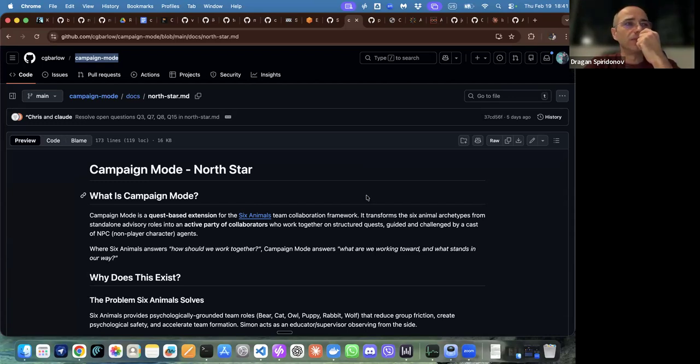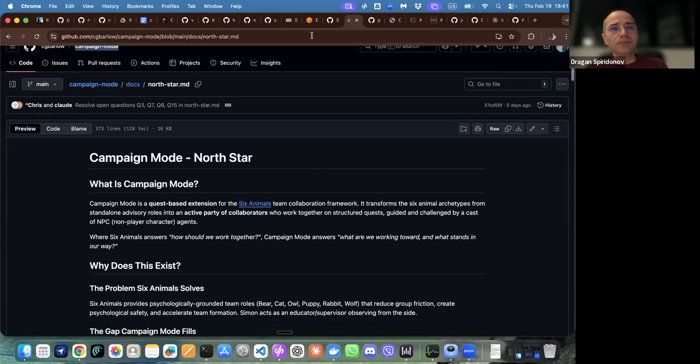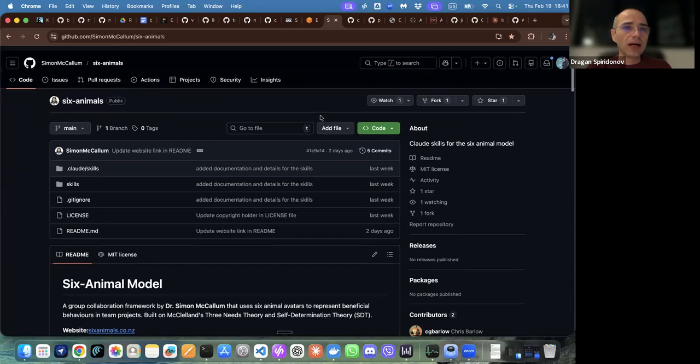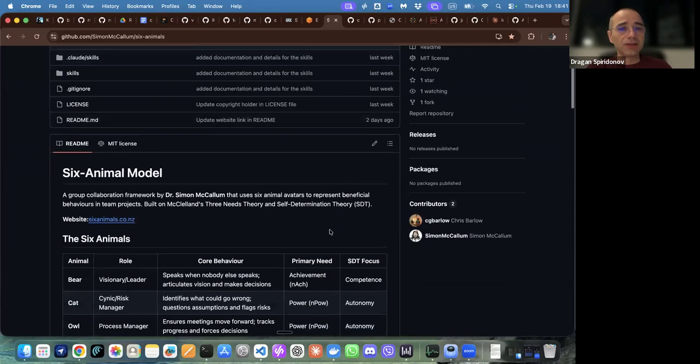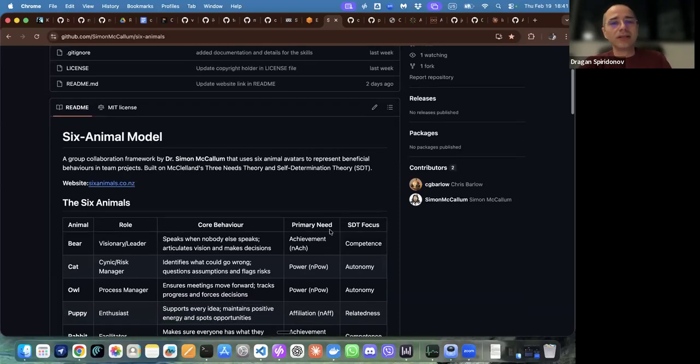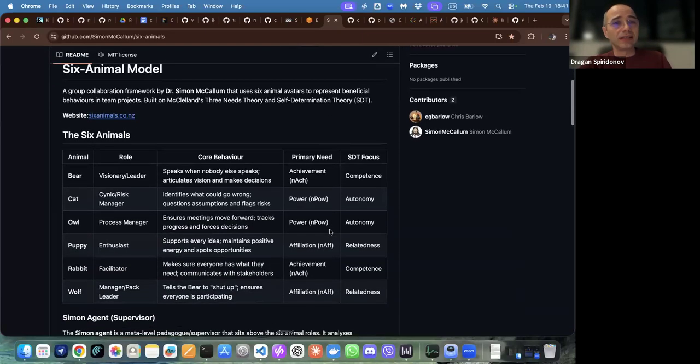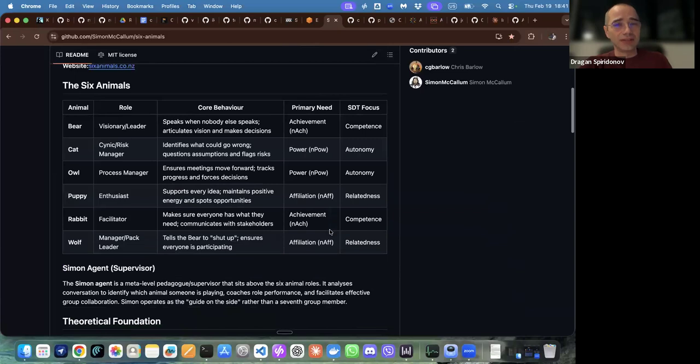This is from Kiwi land, from our chapter in New Zealand, guys like Chris Barlow and Simon McCallum, a PhD doctor. He created a 6-animal model, and I see a lot of relation to me using the 16 key heads from Edward de Bono for lateral thinking.